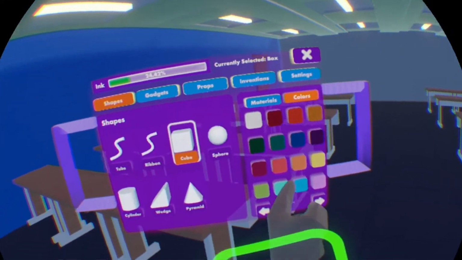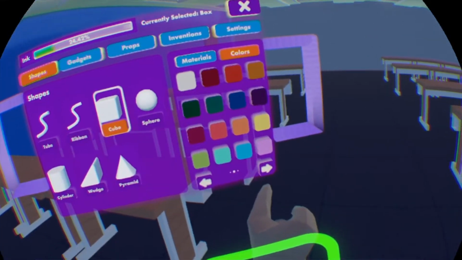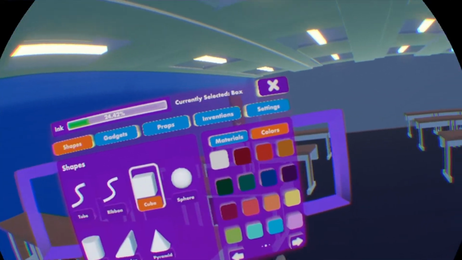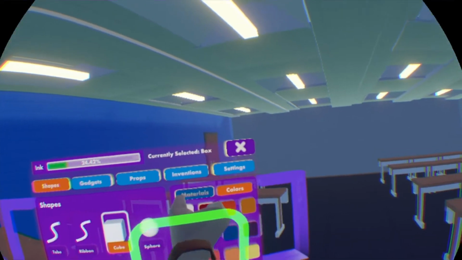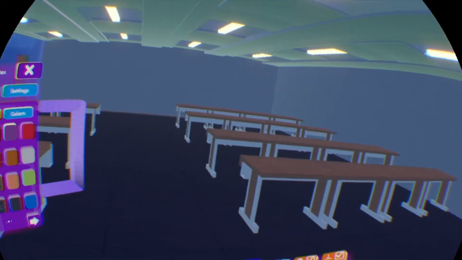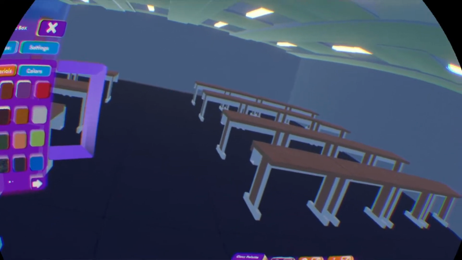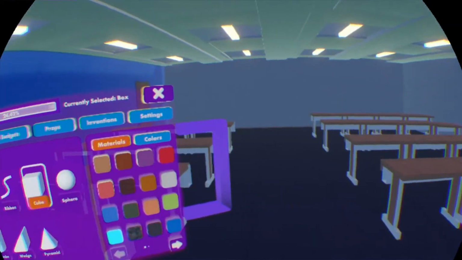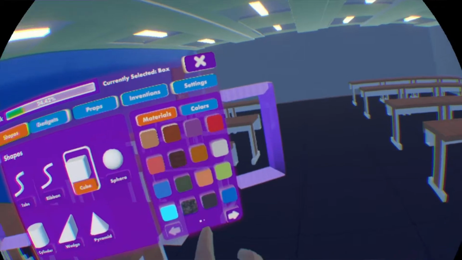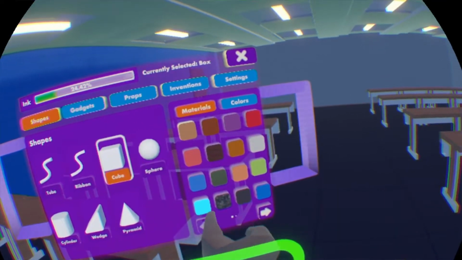Alright, so I've decided to just make my own computer because I don't know, I'm crazy. But I'll probably use a pre-made keyboard just because I don't know if I have the patience to make a keyboard entirely, because I'll probably forget. But so what we're going to do is